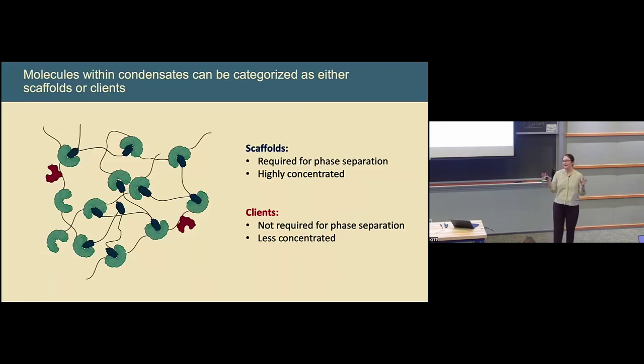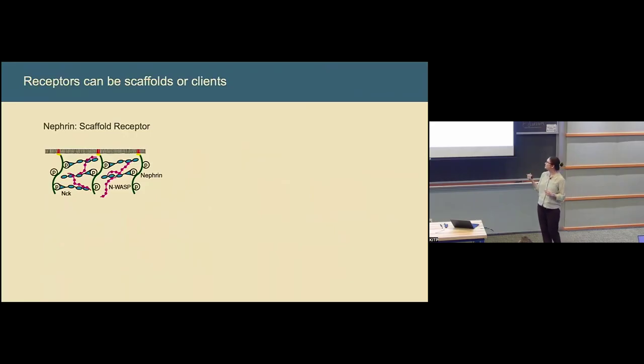And so this is also a complex, imperfect framework, and we just heard that sometimes it depends on the context. A molecule can be a scaffold in one instance and a client in others, but it's just a way to try to think about these different systems in a more qualitative way. So the first observation we had when I started studying integrins was that receptors can, of course, be both scaffolds